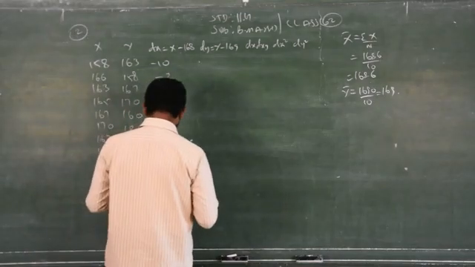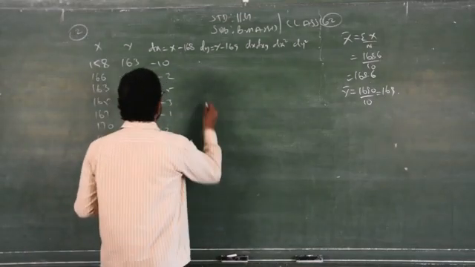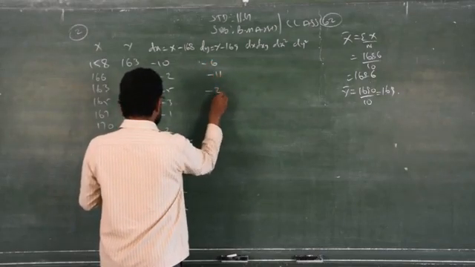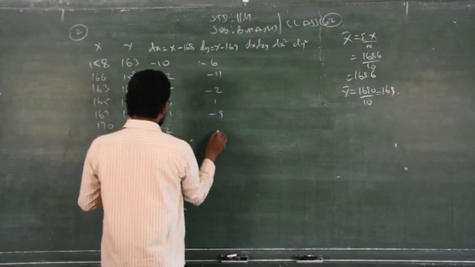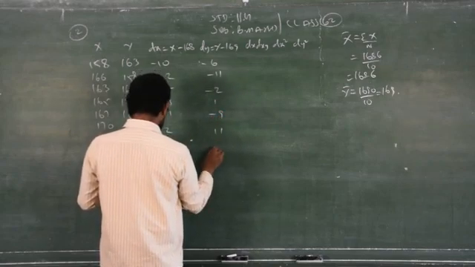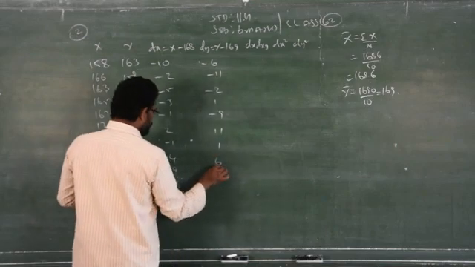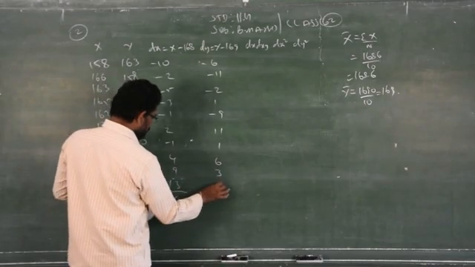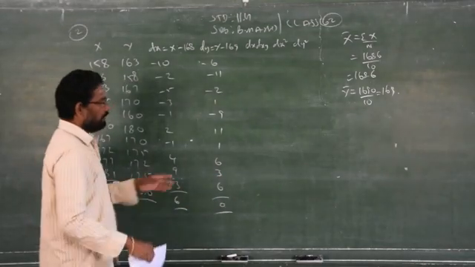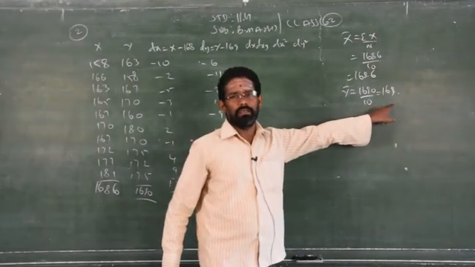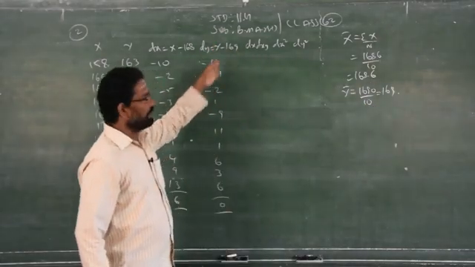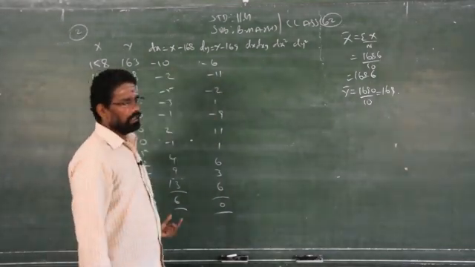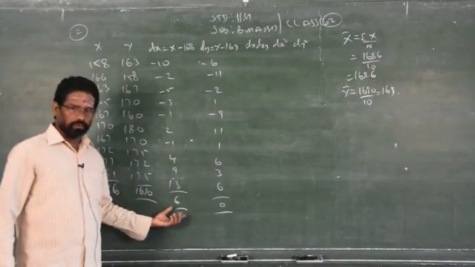Next dy: minus 6, minus 11, minus 2. Boys, use a calculator. Don't simply do this manually. If you do it manually, sometimes you miss the minus sign, and once you miss the minus sign, you will get different answers. See, you got 0 because I am taking the mean, which is already there, as it is for y, therefore I got 0. But in x bar I did not get exactly a whole number, therefore I will not get a 0 answer. We will get some value.